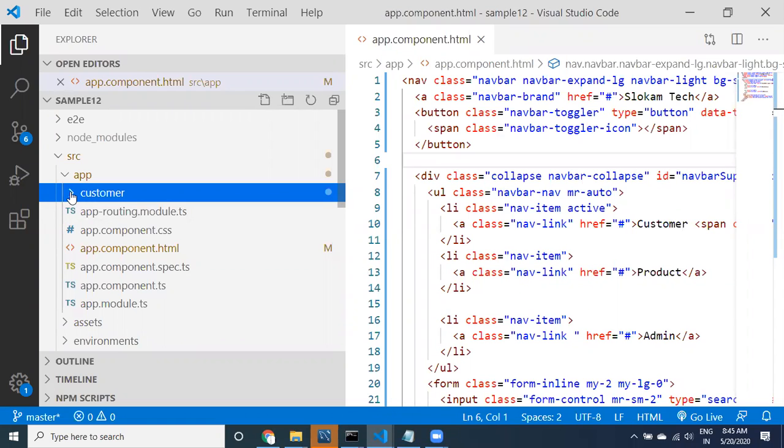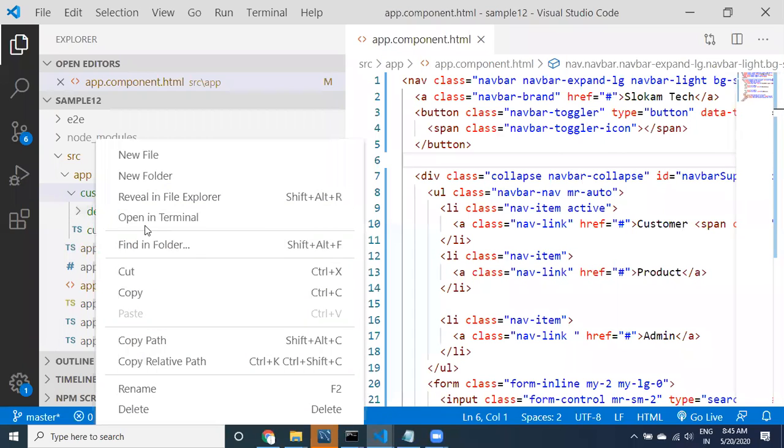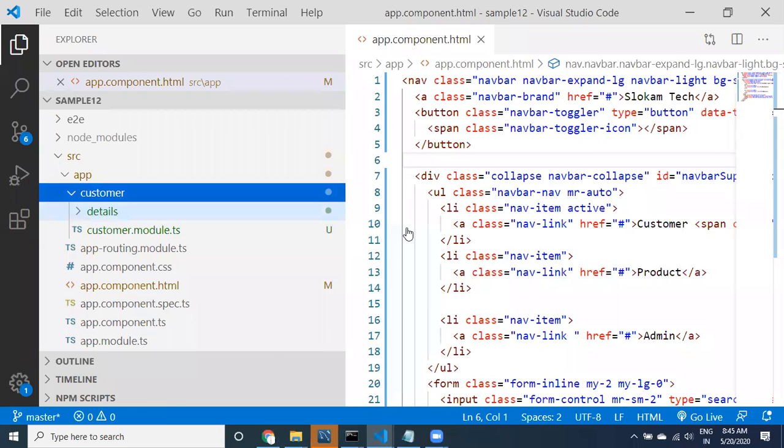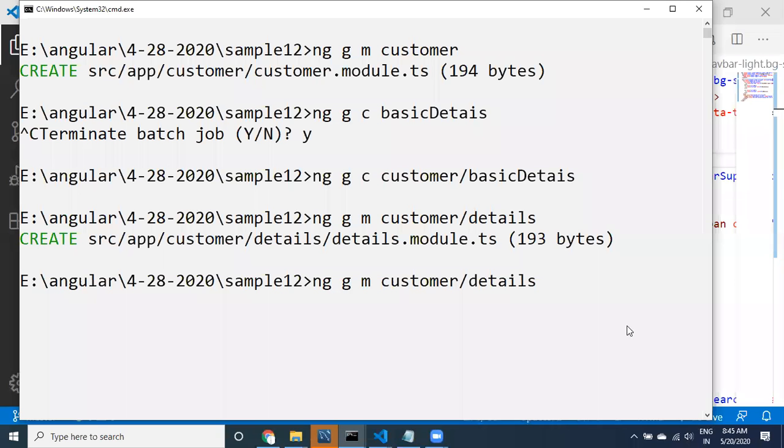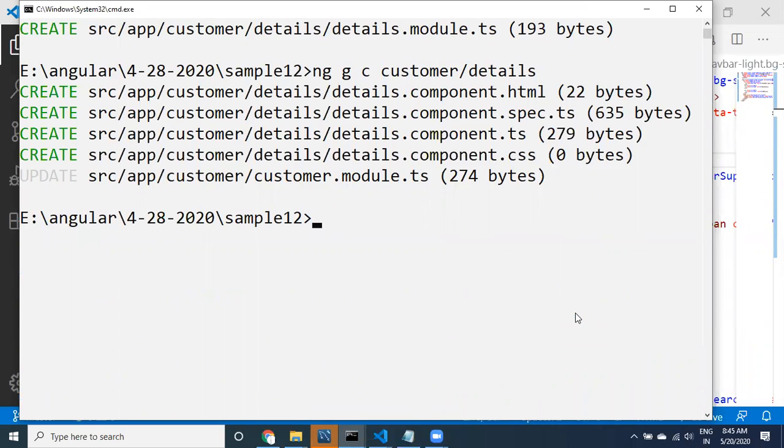Let's delete it. I just deleted that. And then again I need to say generate component details. The first component is details. Customer-related information is what?